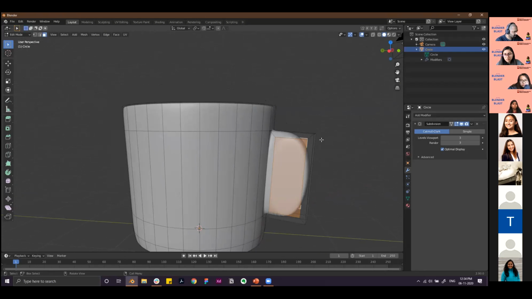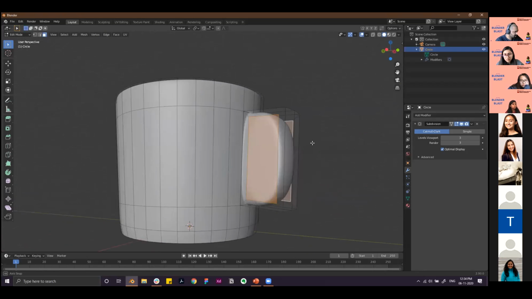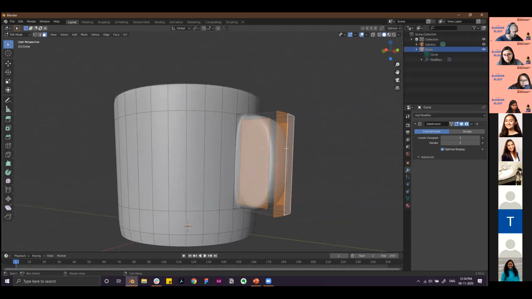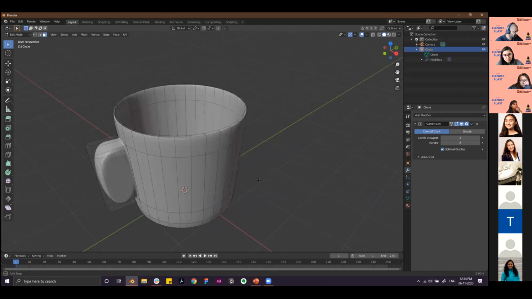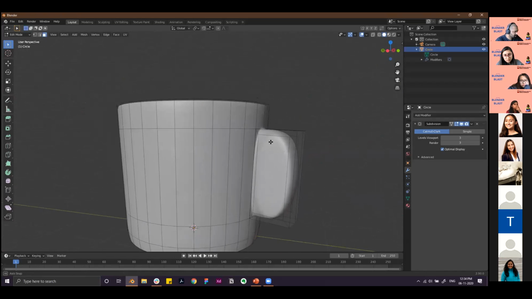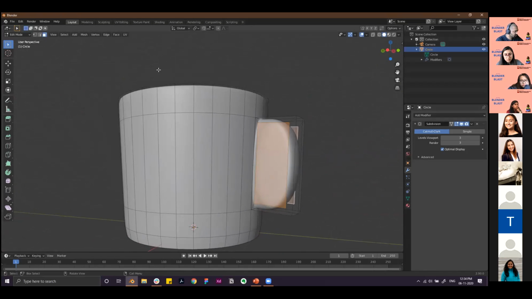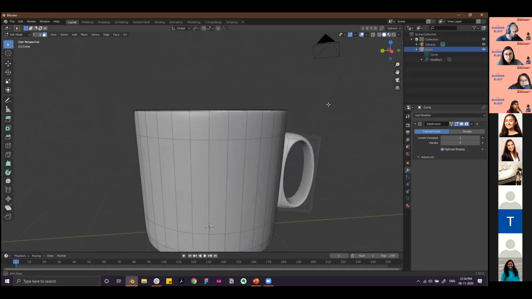But before we do that, we can press Ctrl Z and select the edge loops on the side of the edge, and we can move it a bit inwards. So it looks a bit shapely. And then we can bridge the loops again using bridge edge loops. So it looks more of a cut.